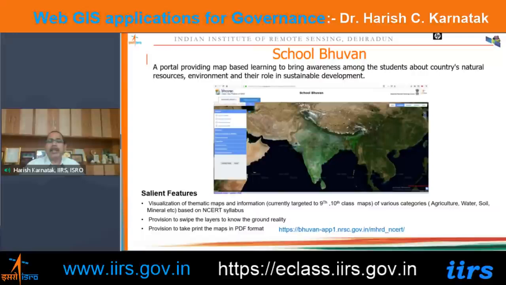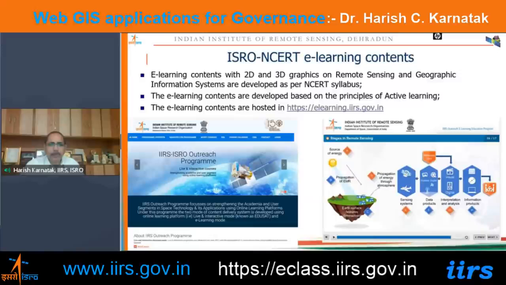And then we provide the WebGIS platforms. On top of it are many tools for the students to learn this GIS technology. So here, no specific software or data sets are required at the user end. You can access this portal on your mobiles and on your computers. So you can learn geography by using the digital platforms.